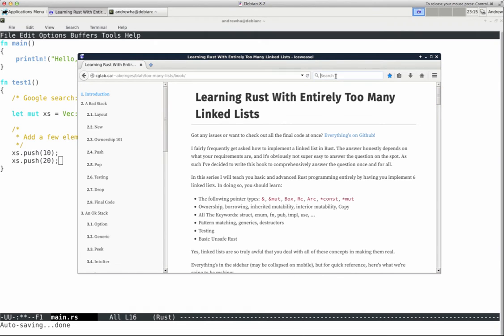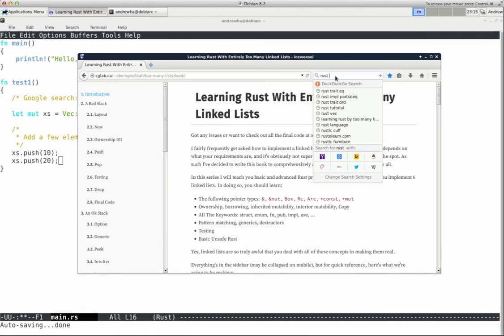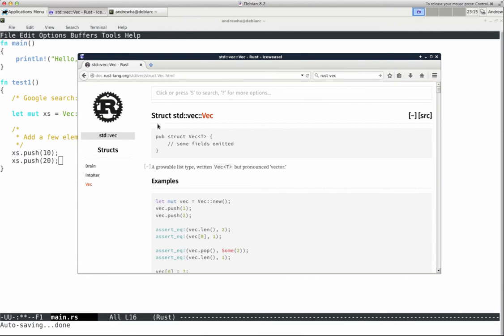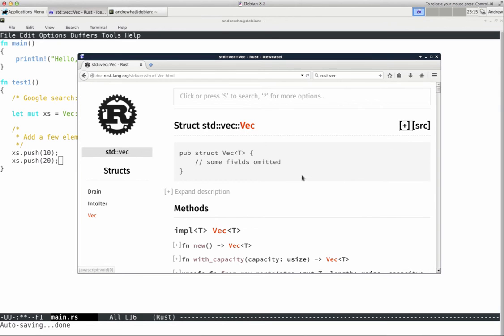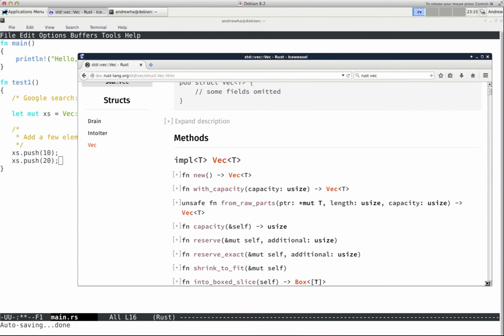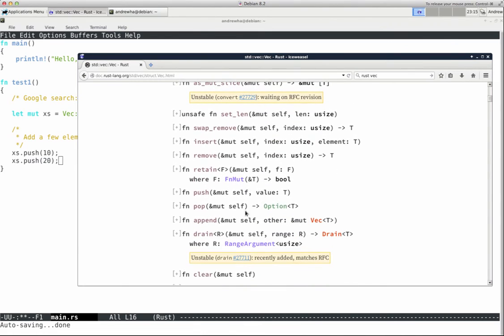So instead I'm going to search for Rust vec. You can see here we have the Rust vector, and I can push this little minus sign here, which will make it a lot more compact to look at all the methods. I'm going to look for push. Yeah, it takes a mutable reference to self, which means you put the list first with a dot, and then you put the value, which we're going to have a 10 in there, and we're going to do 3 pushes,